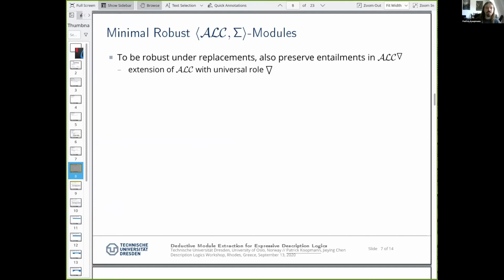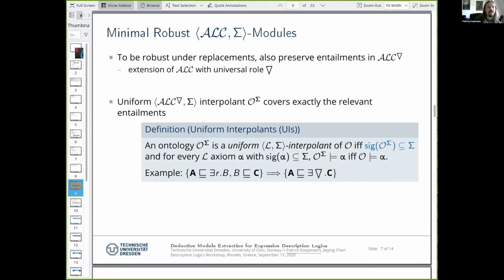So the first observation is an older observation that was made quite a while ago by Koopmann et al. and others. In order to be robust under replacements, it suffices to preserve additional entailments, not only entailments that can be expressed in ALC, but also entailments that can be expressed in ALC extended with the universal role. I use this triangle in this work to refer to the universal role. And the second central observation is that uniform interpolation can be used to tell us which are the entailments that